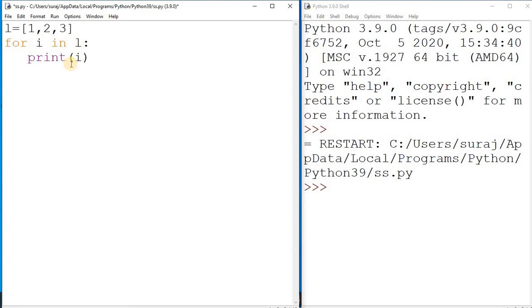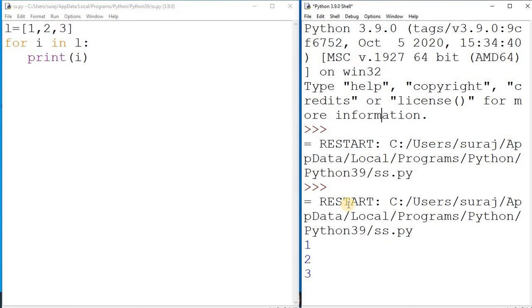And in the while loop we saw that we decide the condition, then we use an increment counter and initialization. That is not required here, it is automatically taken whenever you are printing the list. So here we have the list of elements and I want to print them, so you simply use the statement I in L, and then print. You don't need an increment counter, it will automatically print. So let's check the output. You see it is automatically printing 1 2 3.